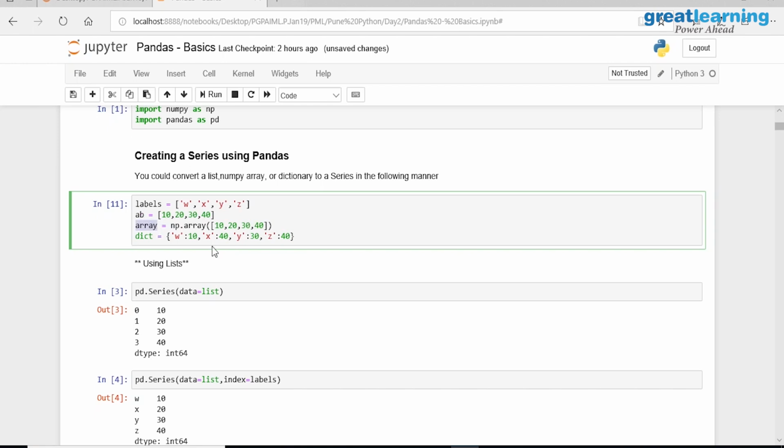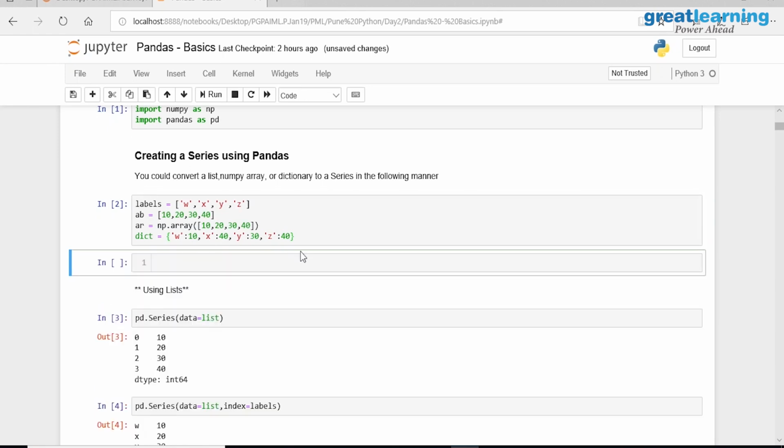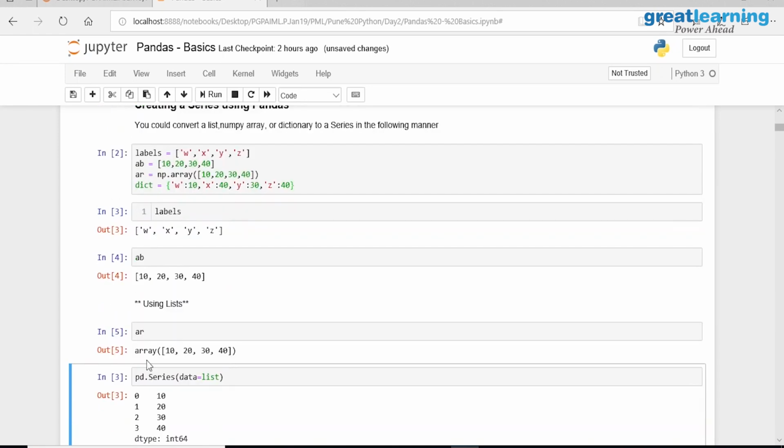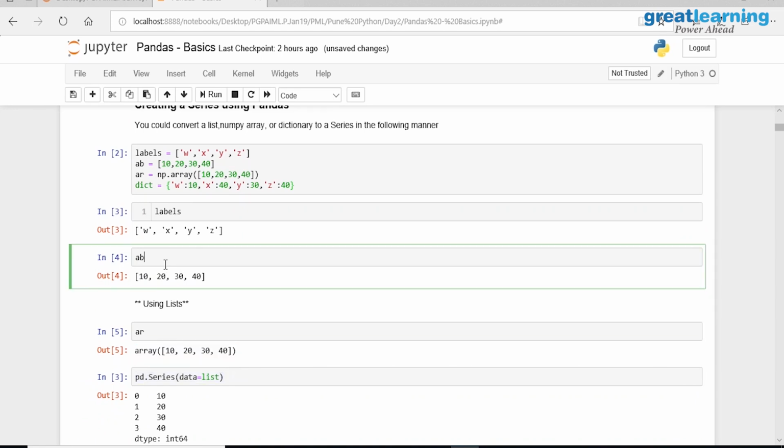An array, here what is this array? Can I give this name also, array name? Don't get confused with this name. So dictionary. What is the difference between dictionary, array and list now? Now if you look at it, we created all these things. If you try to print labels, what is the difference here? Both are the same only, no? Only array has come forward.